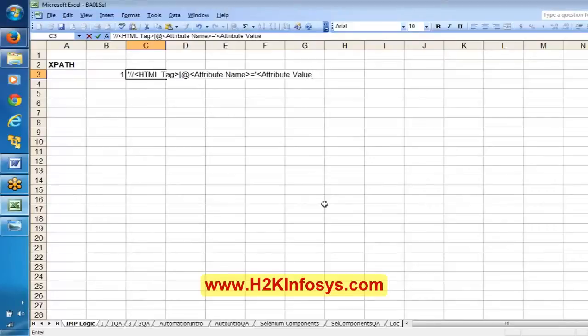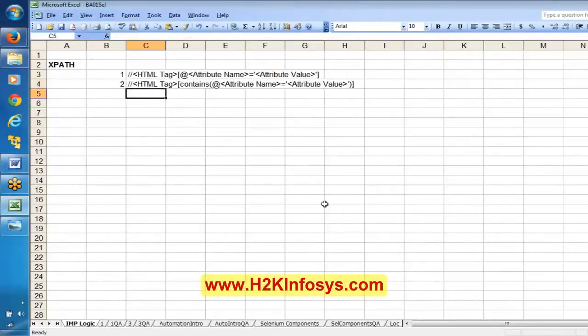As of now I'm explaining this particular formula. The second formula is contains.